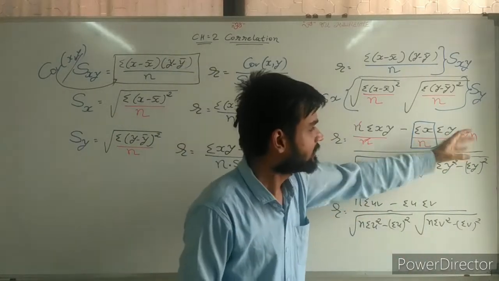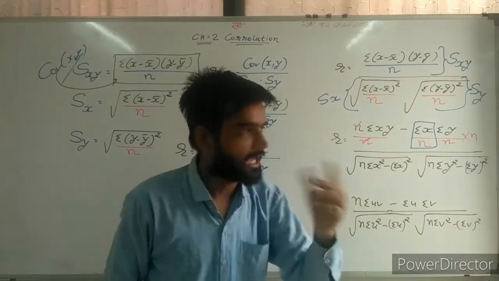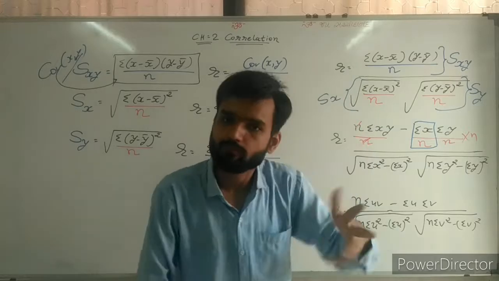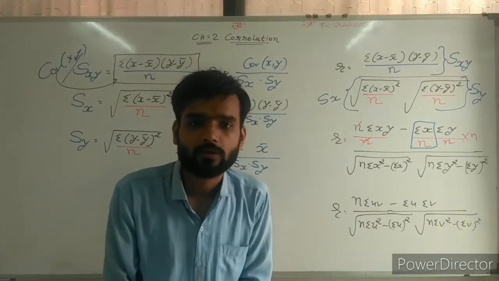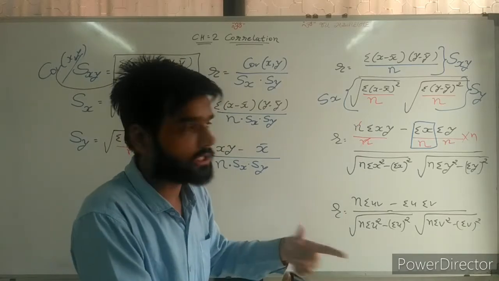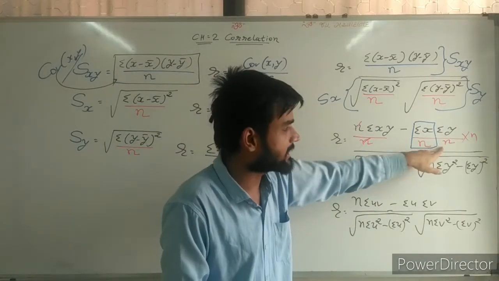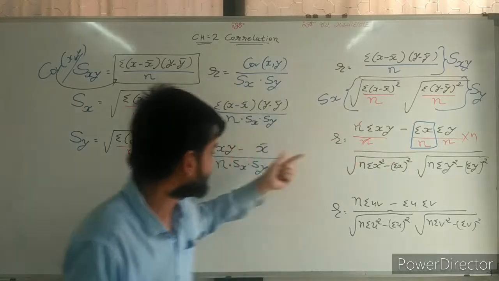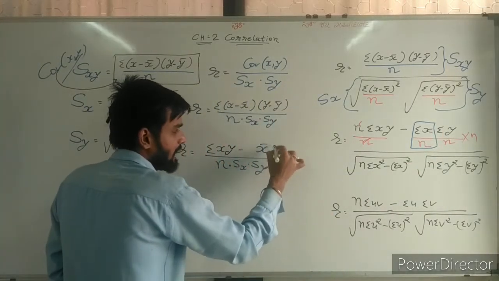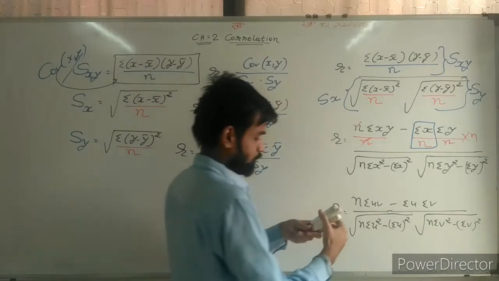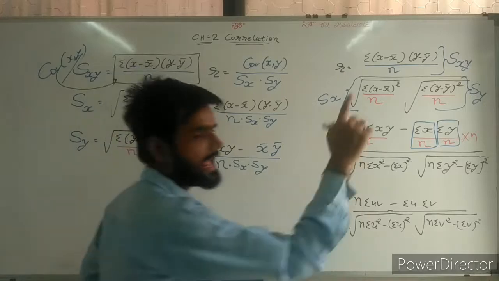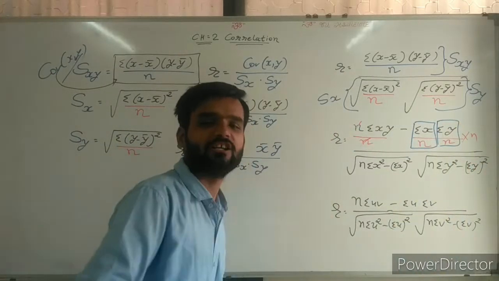So n cancels, sigma y stays as it is, and 1/n is divided here also and here also. In both situations it is the same. But to make the formula proper, they have divided by 2 times n: sigma x upon n gives x bar, sigma y upon n gives y bar. So sigma y upon n is y bar, and the n multiplication remains the same.